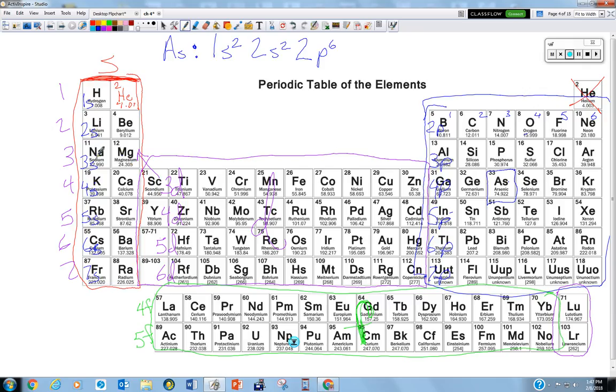So arsenic is still right here, so we have to go through this whole row. So we have 3s2, 3p6. And then now we are getting a little bit closer. Arsenic is on the 4th period, but we still have to go through all of this. So we have 4s2,